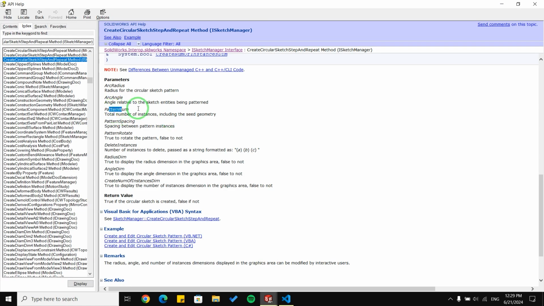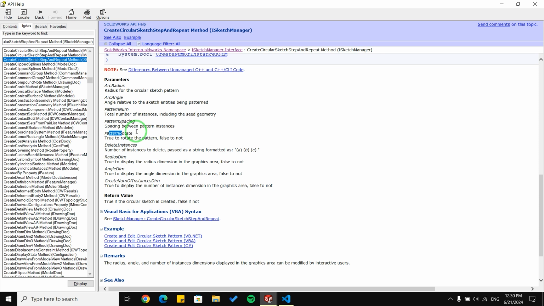Pattern number will show the number of patterns you want, 1, 2, 3, or even 5, or whatever number you want. Pattern spacing will be in radian too. Pattern spacing will be the space or distance between your patterns, and it is not in millimeters, it is in radian. Pattern rotate specifies whether to rotate the pattern or not.